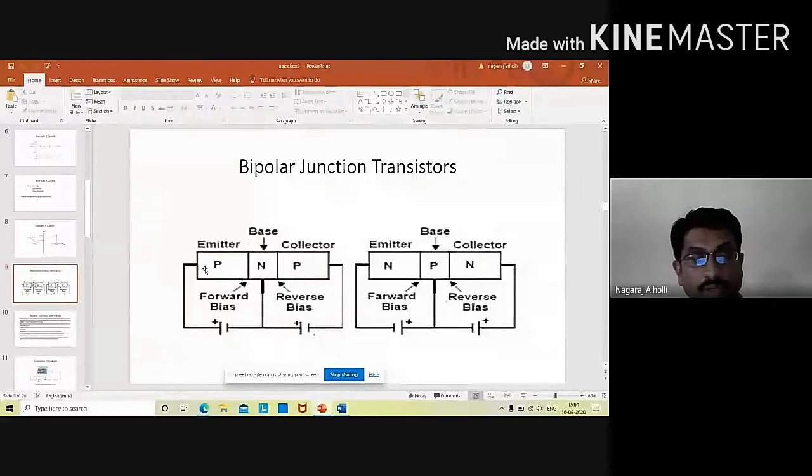So as we are using the transistor as an amplifier, in order to make the transistor work as an amplifier, proper DC voltages should be applied. When we apply proper DC voltage, only then is it possible to operate the transistor as an amplifier. So this is what is called DC biasing.